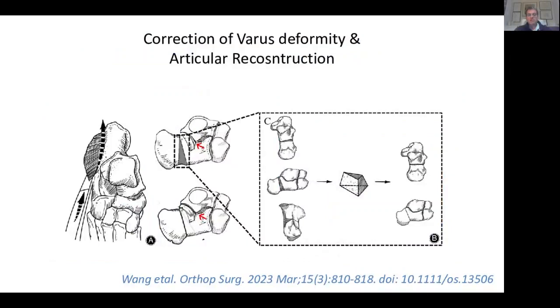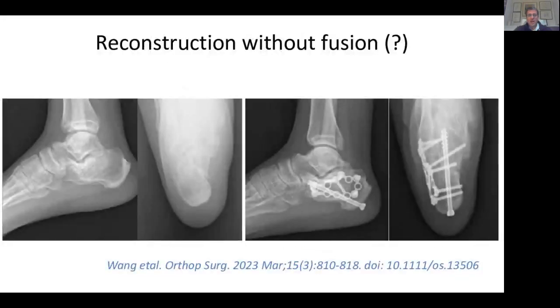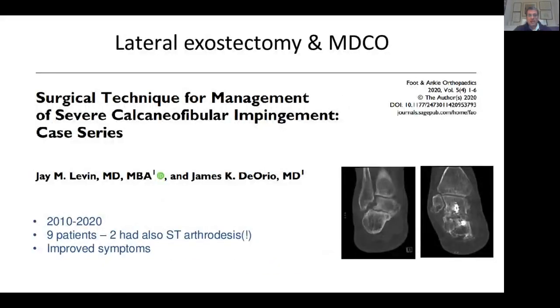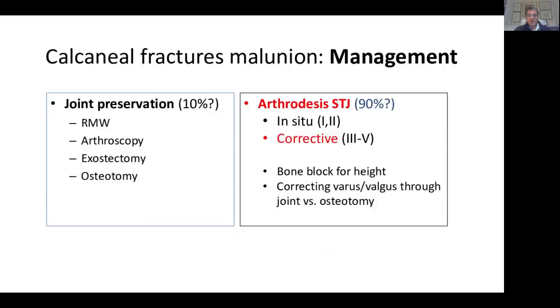You remove the lateral, you do an exostectomy and a V-shaped osteotomy to change the mechanics of the hindfoot without fusing the subtalar joint, like in this case, correcting varus or valgus if needed. But I would say in the vast majority of cases, you have to do a subtalar joint arthrodesis because the subtalar joint is